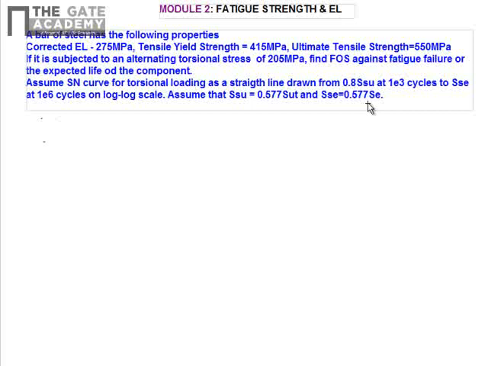Now we'll write down the data. The corrected endurance limit SE is given as 275 megapascal. The tensile yield strength is given as 415 megapascal. Ultimate tensile strength SUT is given as 550 megapascal, and the alternating stress coming on the component is 205 megapascal, and we want to find the life for this value of stress, and it is given that the SN curve is drawn as a straight line from 0.8